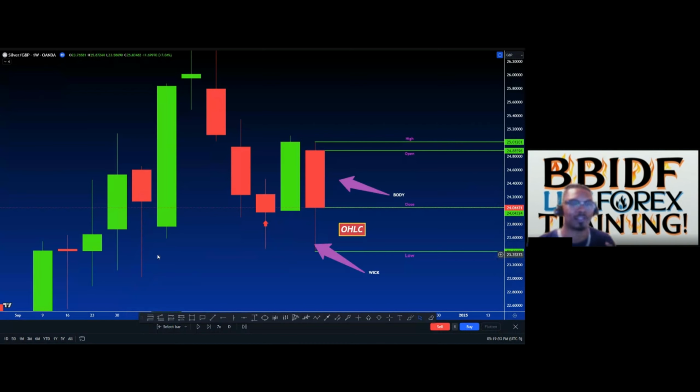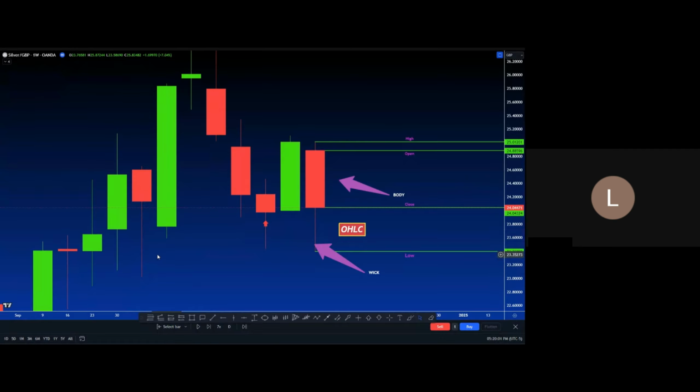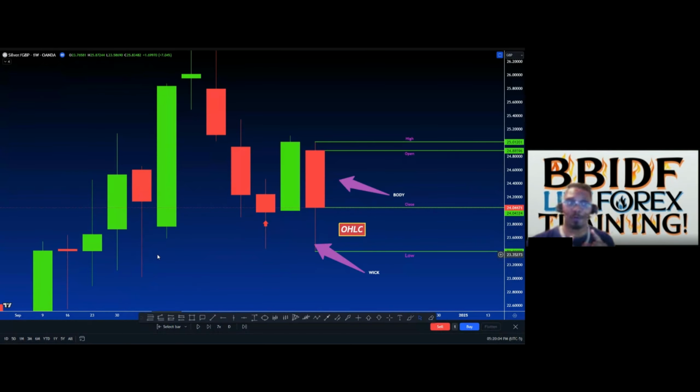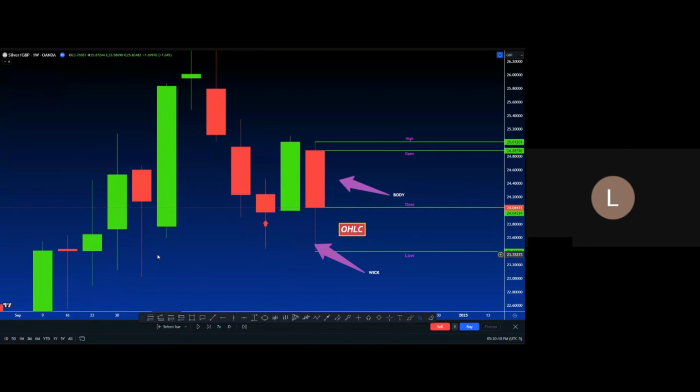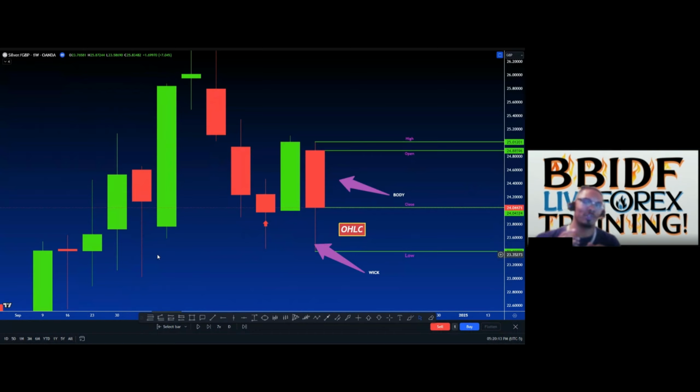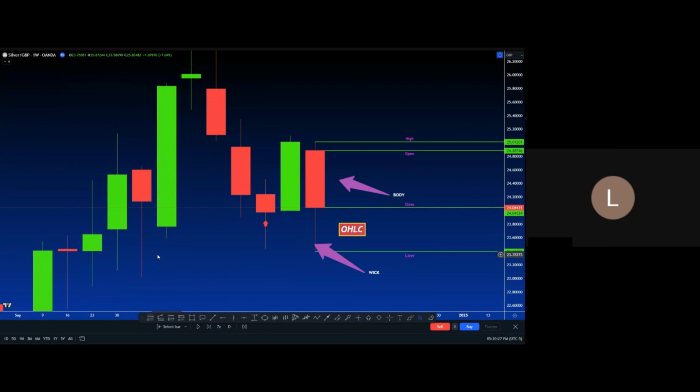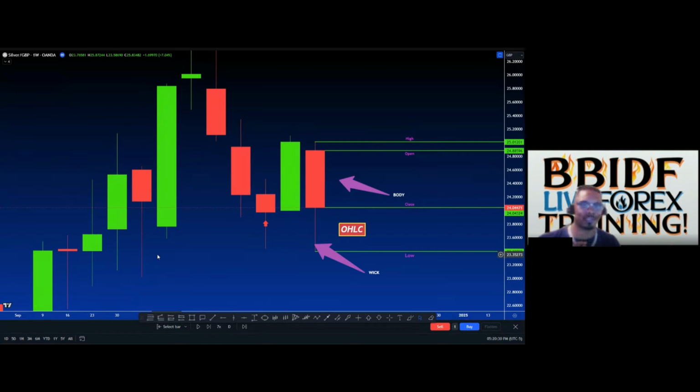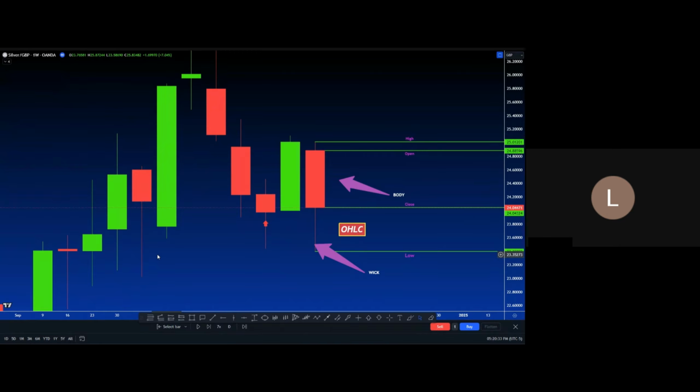That's right. So wicks below the candles represent what again? It's a two-word answer. Bullish pressure. Boom. Please remember that. That's going to be key to you making money. I'm letting you know right now. So one more time, Leonie. Wicks below the candles represent what? Bullish pressure. Wicks above the candle represent bearish pressure. Kaboom.